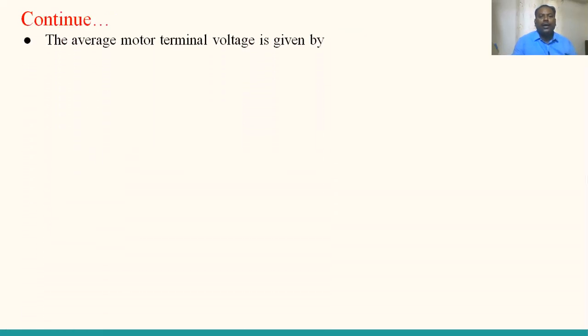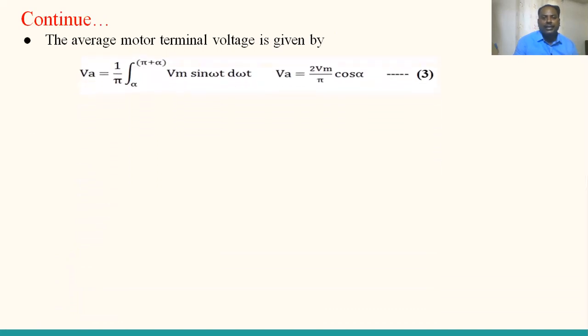Okay. So the average motor terminal voltage is given by, taking only one interval from alpha to pi plus alpha, VA is equal to 1 by pi integral from alpha to pi plus alpha of Vm sin omega t. So you have to integrate sin omega t. It is minus cos omega t from alpha to pi plus alpha. You can substitute the limits, cos of pi plus alpha, using cos A cos B minus sin A sin B, in this form you can expand and solve this equation. This gives VA is equal to 2 Vm by pi cos alpha. So once you get the average output voltage, then, since it is a series motor,